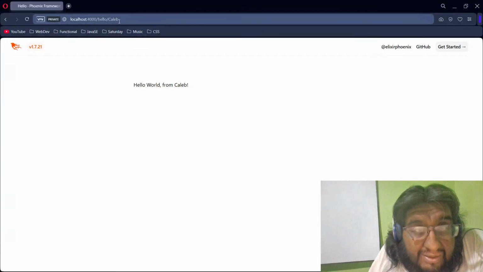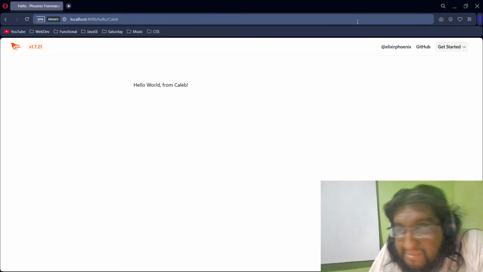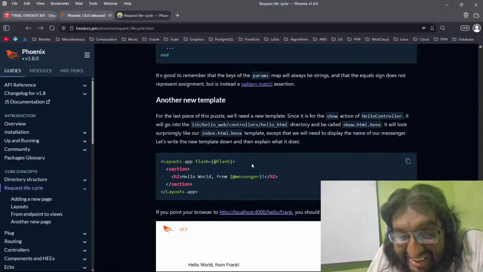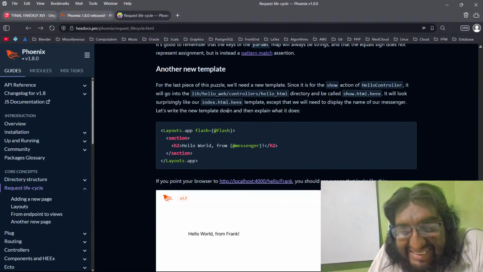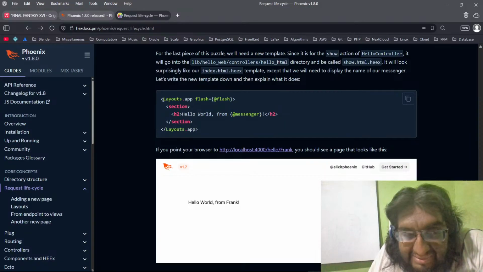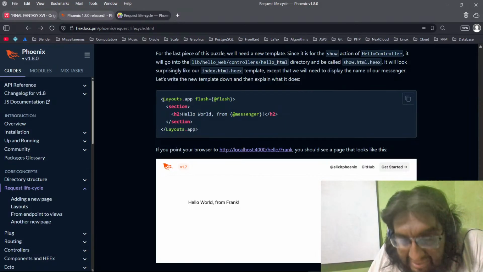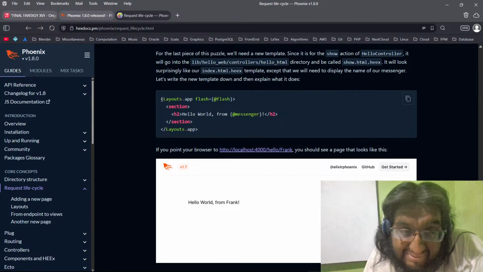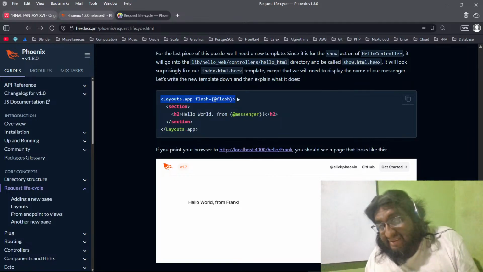We are reading the path parameter Caleb. Yeah, so there's something wrong with this. Okay, now that we see that it works, let us bring back this as it is